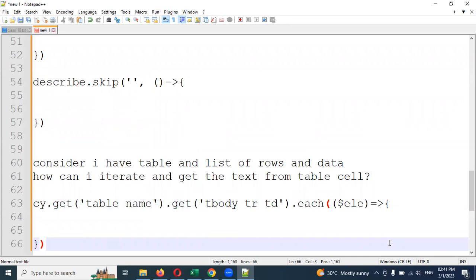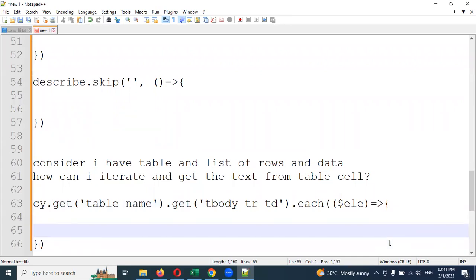And here in the function we can say cy.log, and here I'm going to use $el.text. This is a function that will go through every cell value from a table, it will iterate, and we can get each value as the result. Okay,